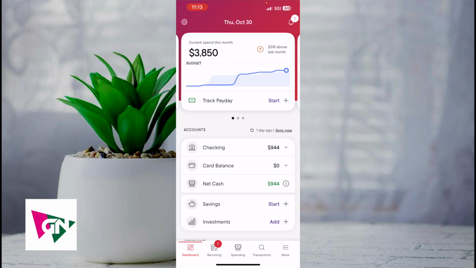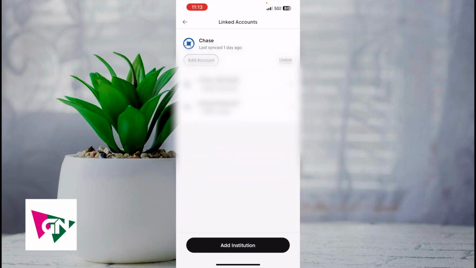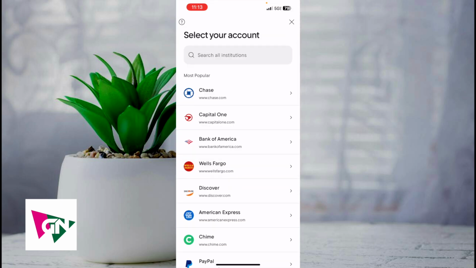So in order to do this, what you're first going to do is log on to the Rocket Money app. Next, you're going to click on the upper left-hand corner, the gear icon. And then from here, you're going to click on linked accounts. So we have some blurred information here because I've already connected my Chase Bank. But the next thing that you're going to do is click on add institution and then